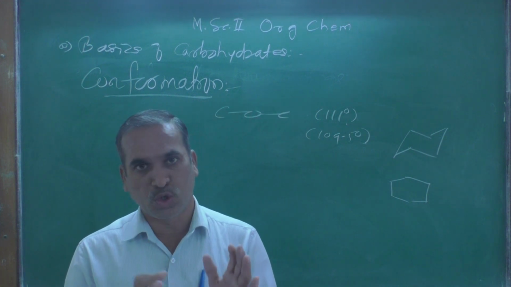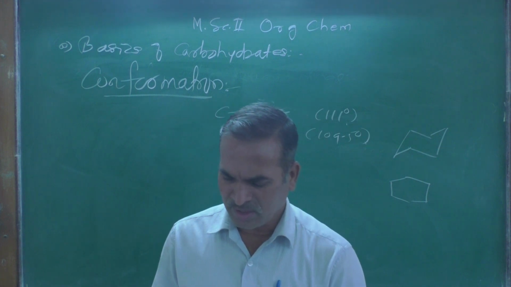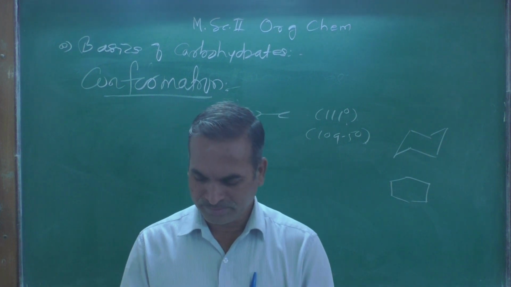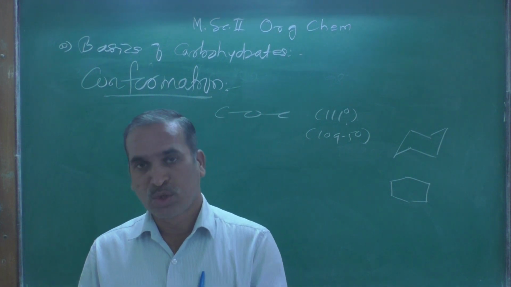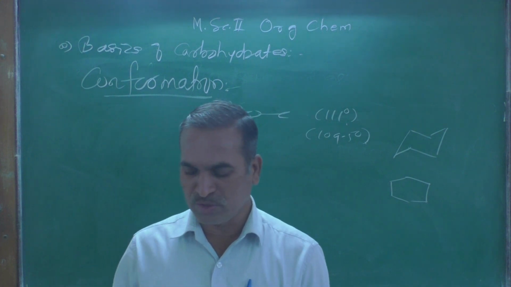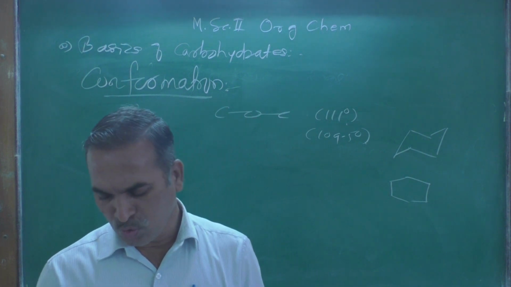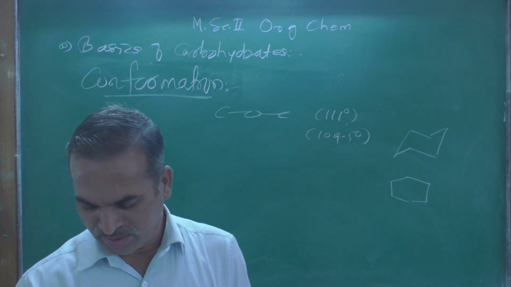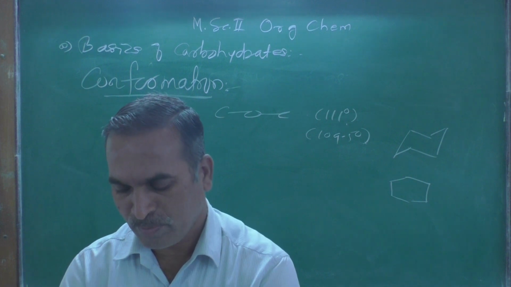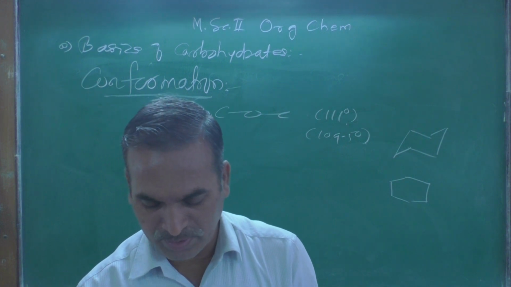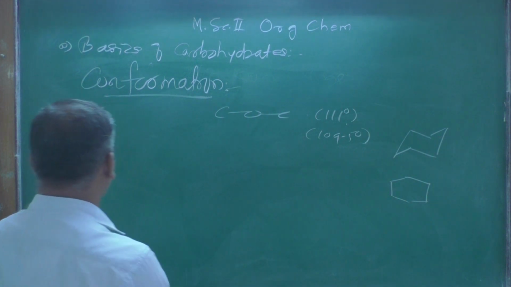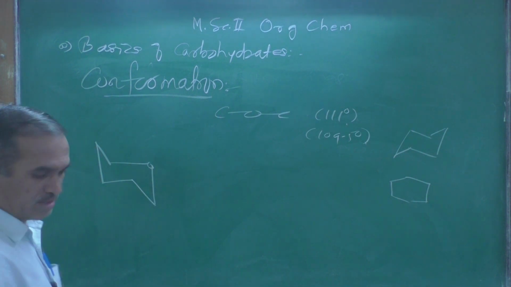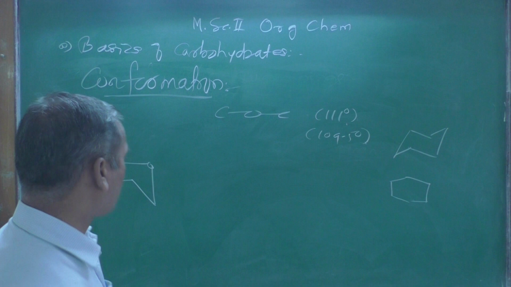X-ray analysis shows this reasoning to be correct, but there are two chair conformations possible for alpha and beta D-plus-glucopyranose anomers. Let us see, for example, we have two structures over here. This is a structure. Now this is a chair conformation. What is that? This is a beta.